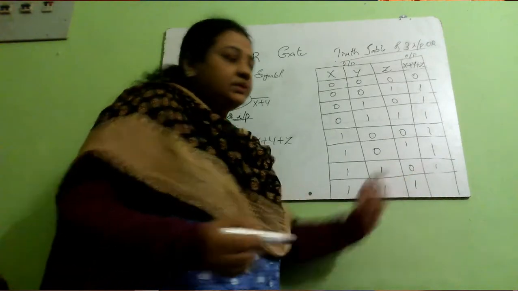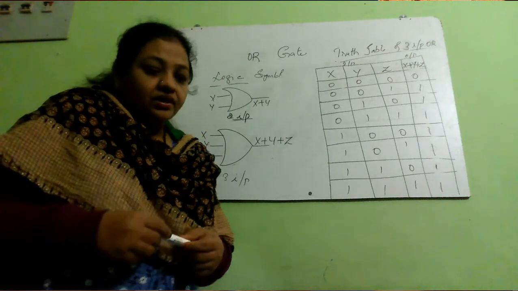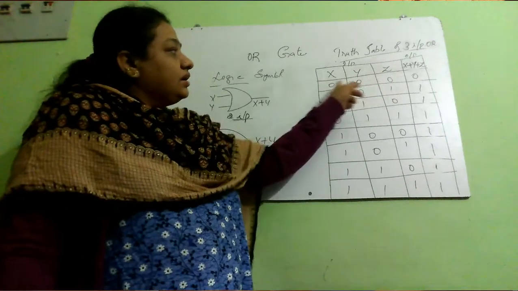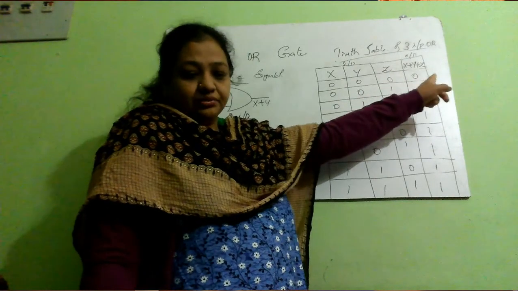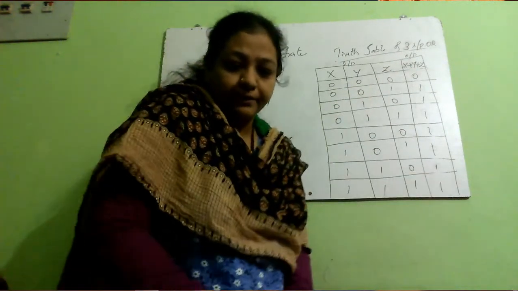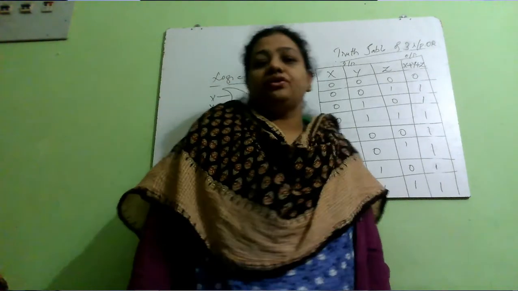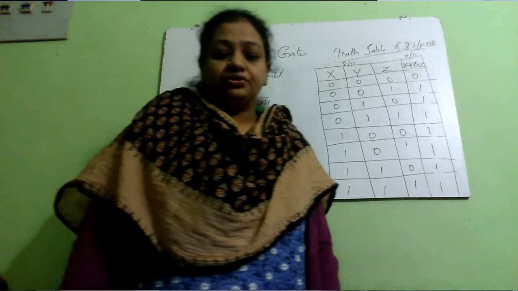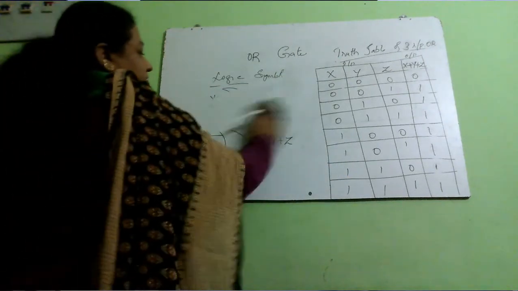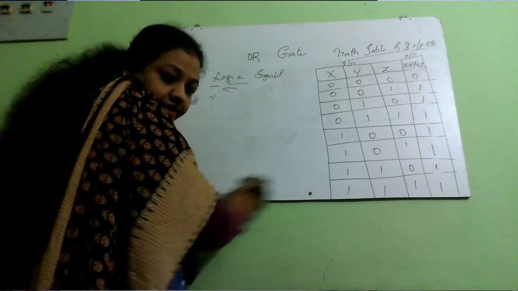As informed earlier, plus denotes the OR operation in Boolean algebra, whereas dot represents the AND operation. So this is a 3 input OR gate and this is a 2 input OR gate. There is an OR and then they are joined together to form an OR gate. So here we have X plus Y and here we have X plus Y plus Z. That is because there are 3 inputs X, Y and Z.